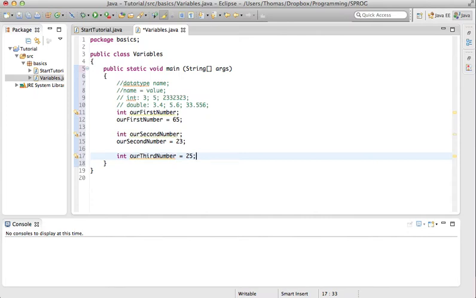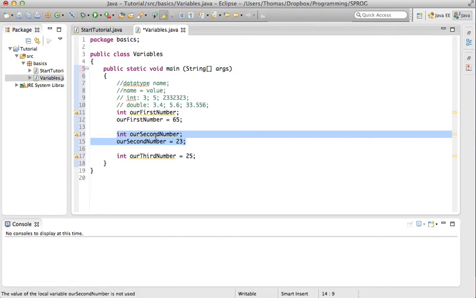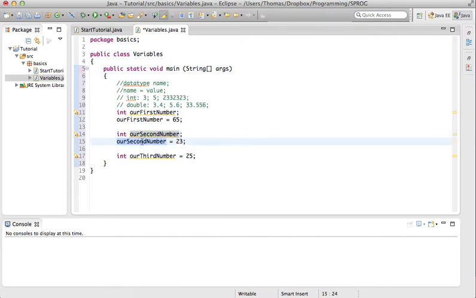You can see that this is a little redundant. We have our second number here, we have it there. Why not put it in one line? And yeah, that's possible. And you would probably do that a lot because,